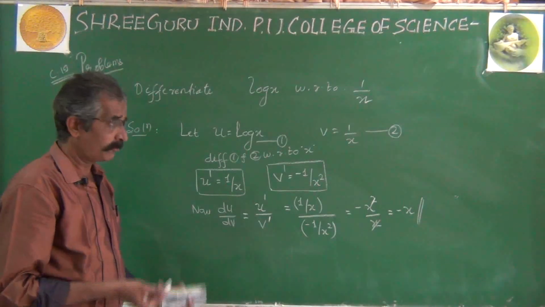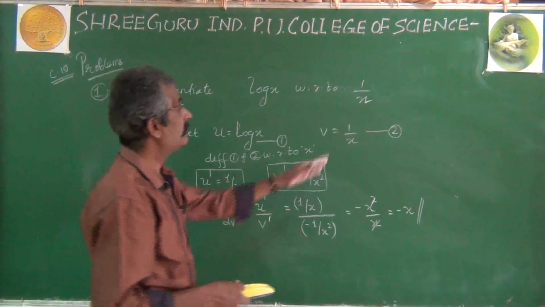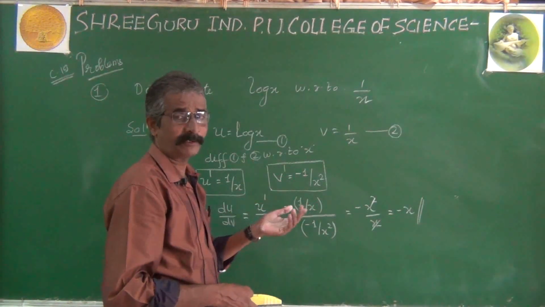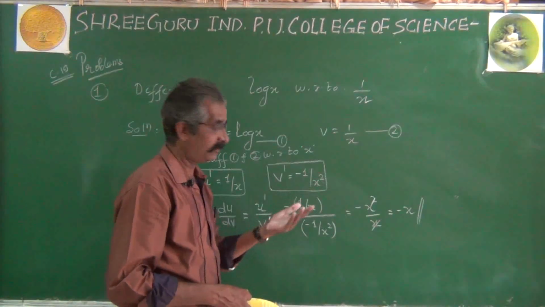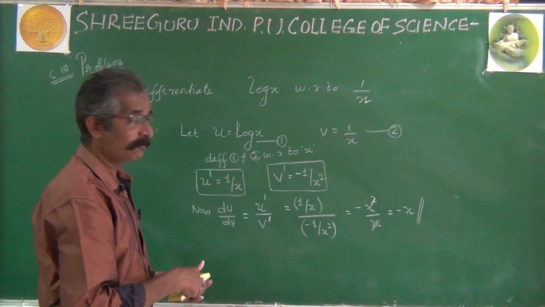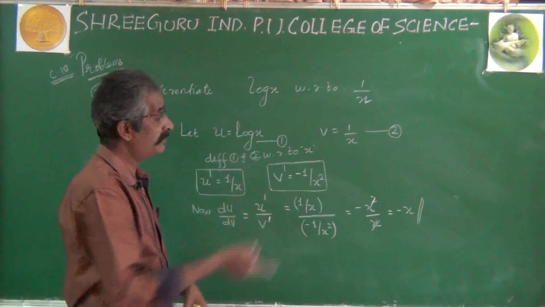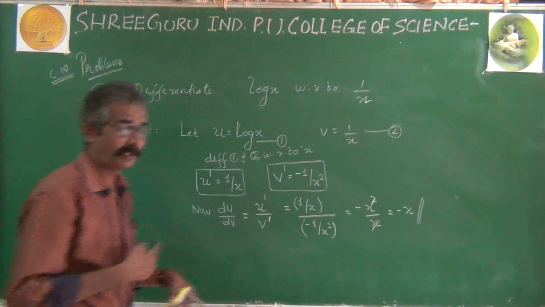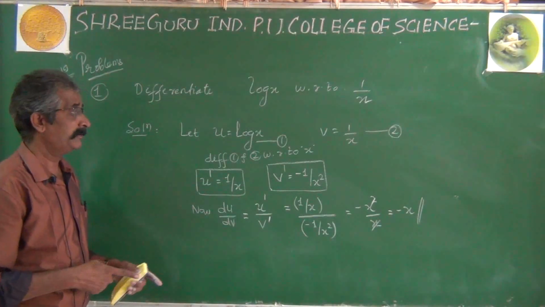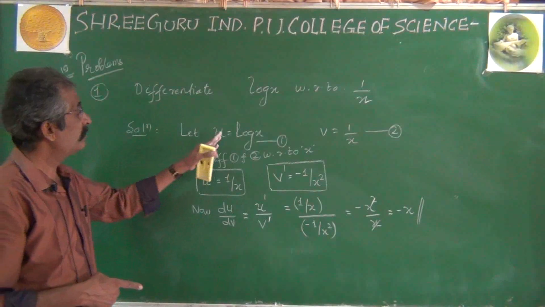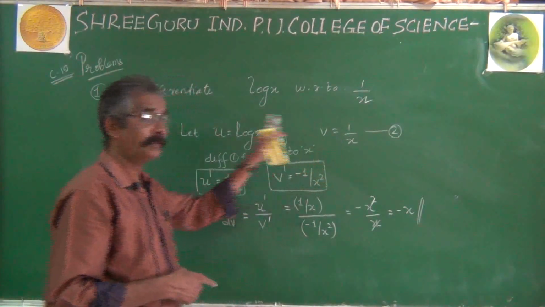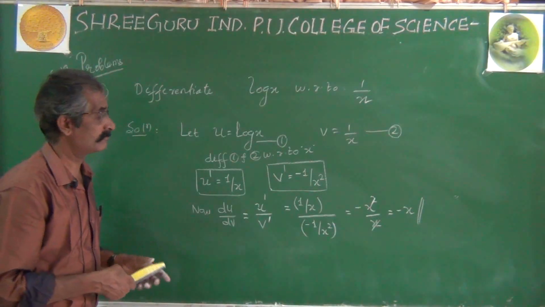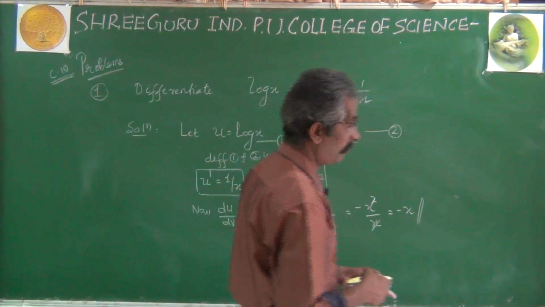If required, suppose question asked that find differentiation of 1 by x with respect to log x, one can get it, no difference at all. Only thing, for that case, your formula becomes v dash divided by u dash, and your answer will become minus 1 divided by x. So keep in mind, it may be case of finding u dash by v dash or v dash by u dash, method does not change, only result will change. Let's go to the next problem.